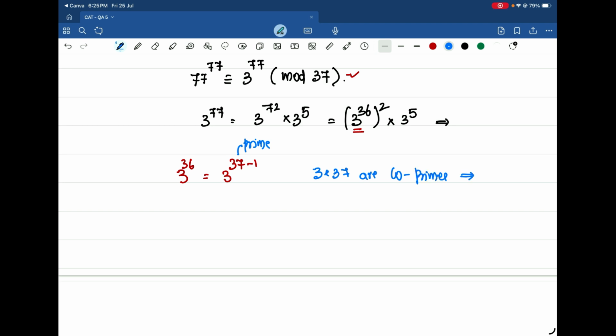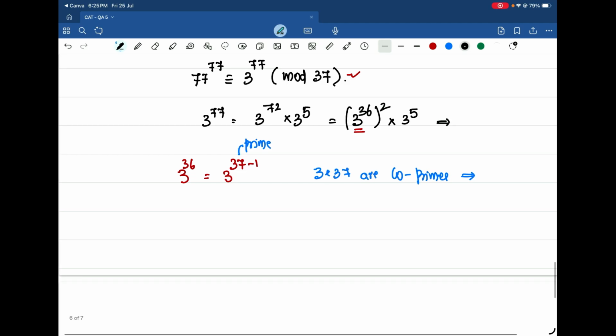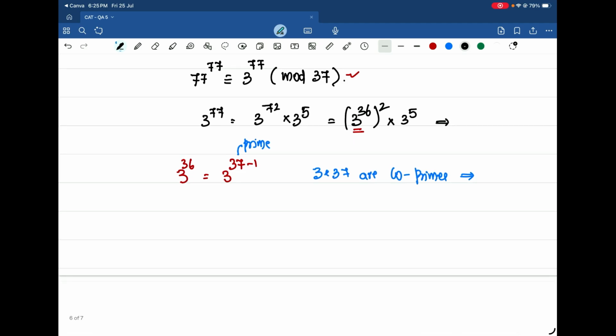If that is the condition, then there is a rule, a formula, you please remember: a to the power of p minus 1 is equivalent to 1 mod p,